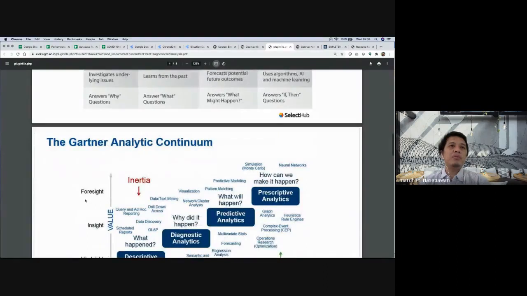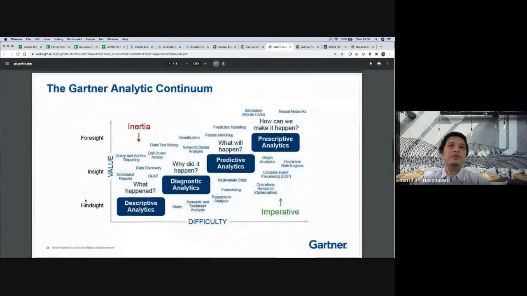If we want to take a deeper look at this case, we can see it from this graphic. Sometimes descriptive analytics and diagnostic analytics are not used in a fixed order.